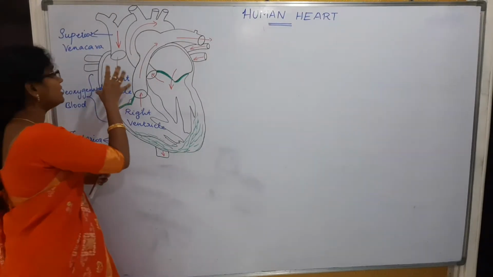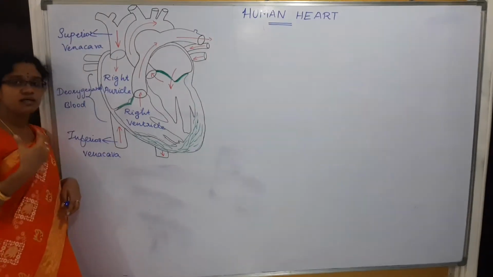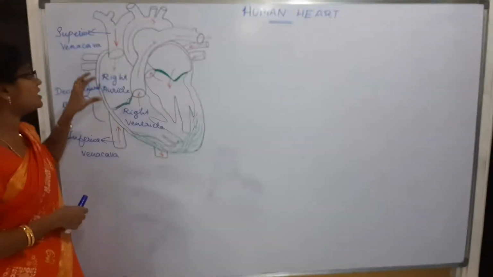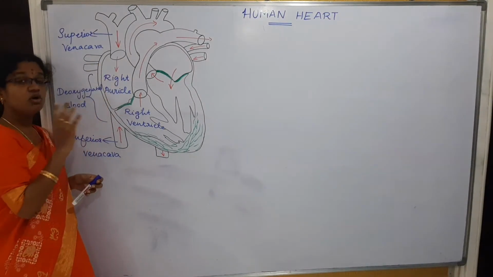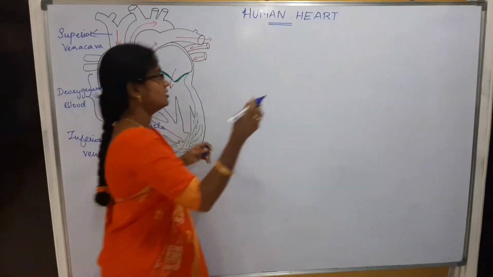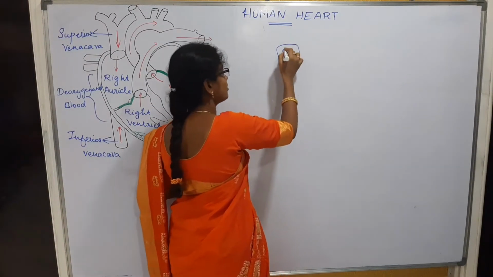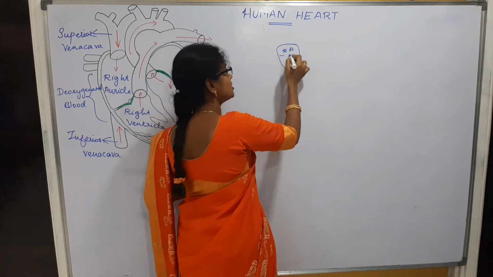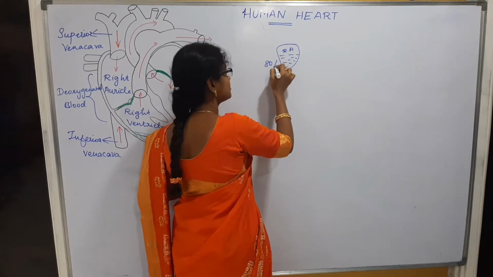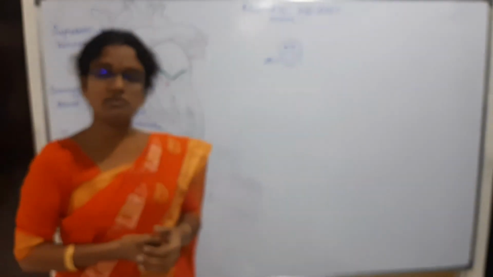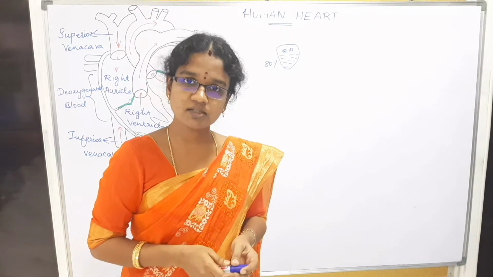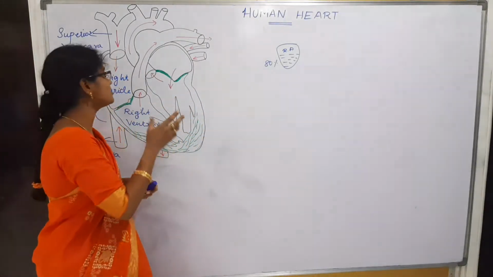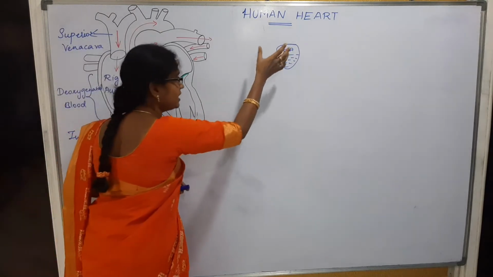So the right auricle receives all the deoxygenated blood from all over the body. It receives the impure blood into the right auricle, right? Here in the right auricle, almost 80% of the blood is present. You can see that if you are swimming, you are able to survive without inhaling for some time. What is the reason? Because the right auricle always possesses 80% of the blood in it.